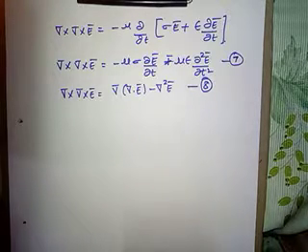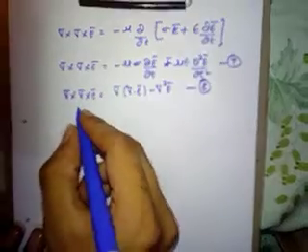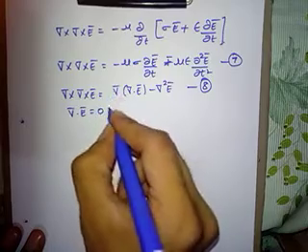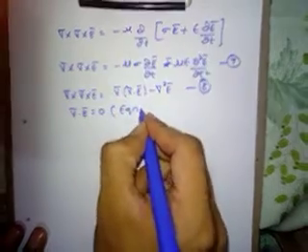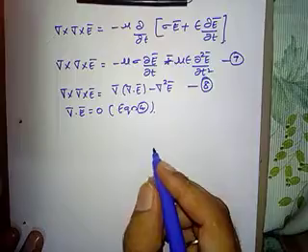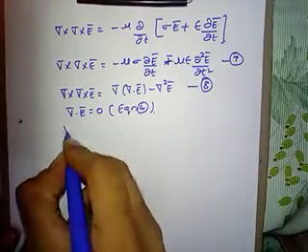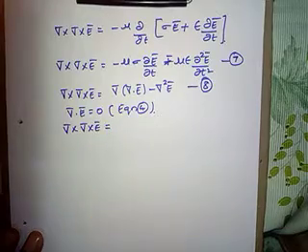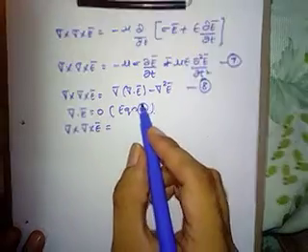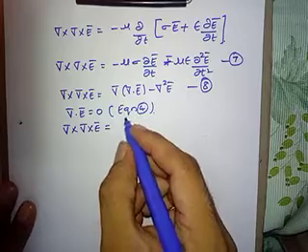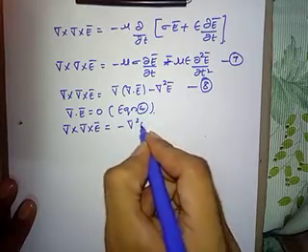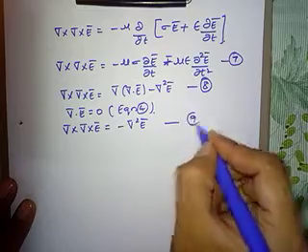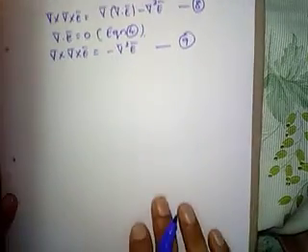Now substitute del dot E bar. We know that del dot E bar is equal to 0 from equation 4. Right? We can modify this equation 8 now. So del dot E bar is 0, so this will be equal to simply minus del square E bar. Take it as equation 9.